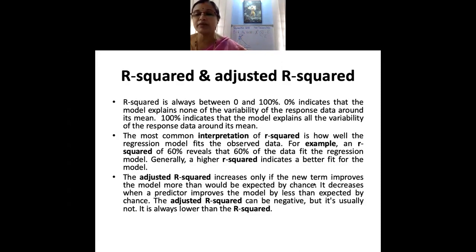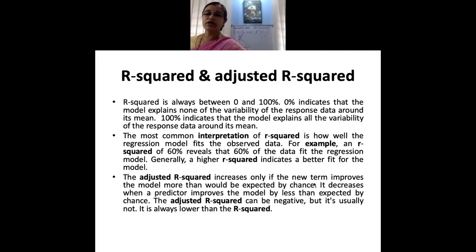Please remember that once you get the values of R square and adjusted R square, these are two important values that are necessary in order to find out what percentage of your data fits the regression model. So it's very important for you to find out these two. And I also told you if it's a mediator or moderator, you need to use Hayes regression.